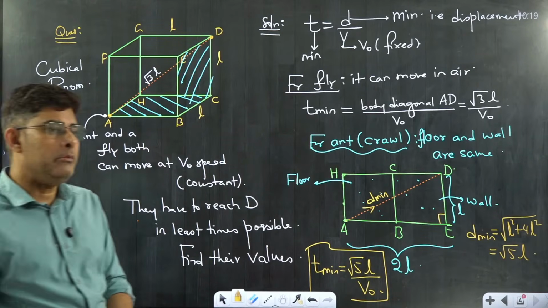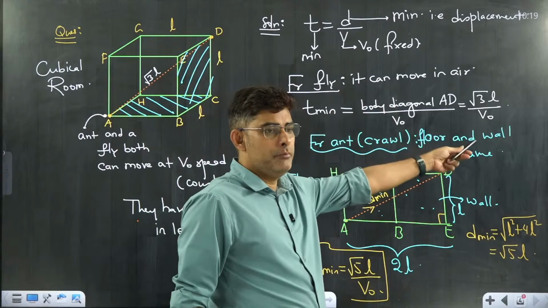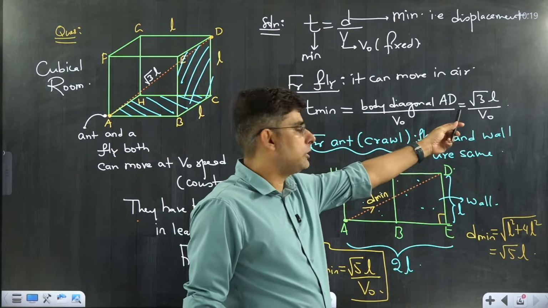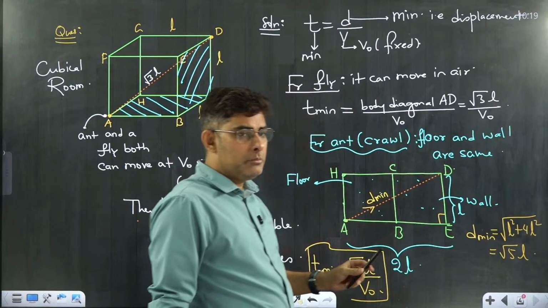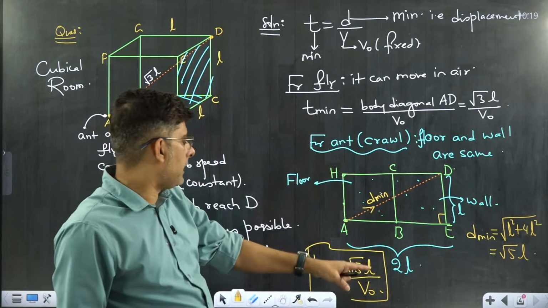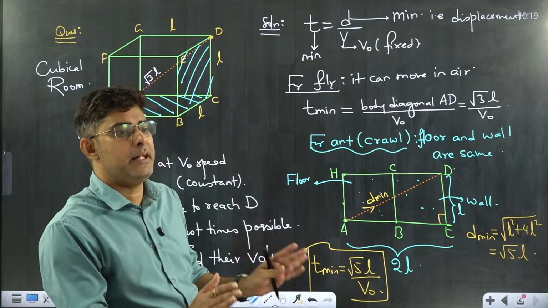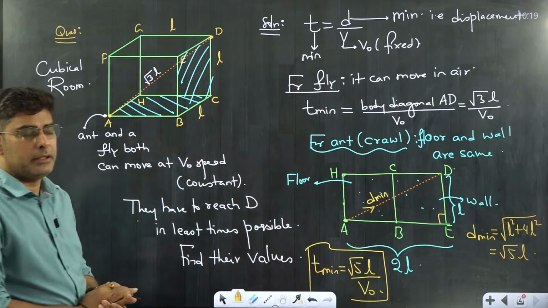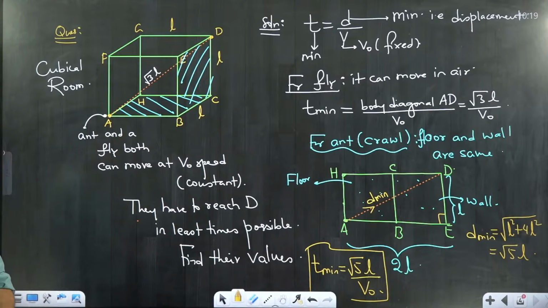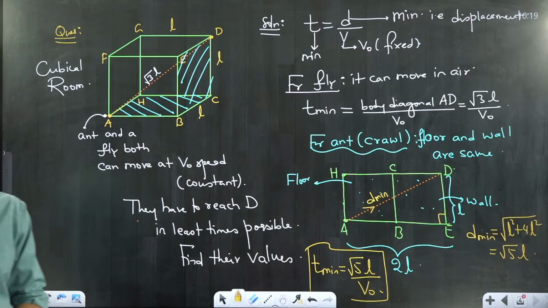So the minimum time that a flying creature will take is root 3L by V naught, and the minimum time a crawling creature will take is root 5L by V naught, provided they maintain the same effort, same speed. Is it clear? Okay. So after this, now we will be moving